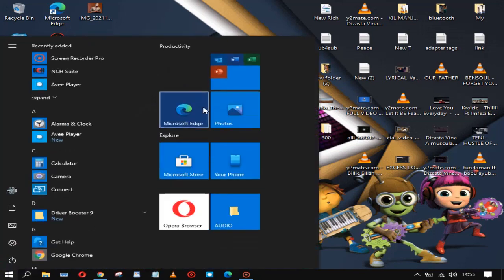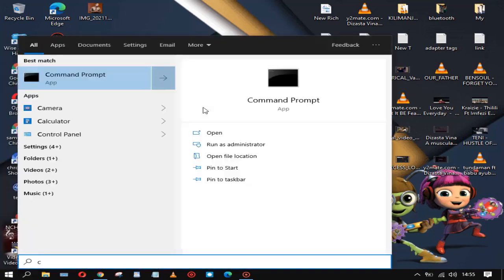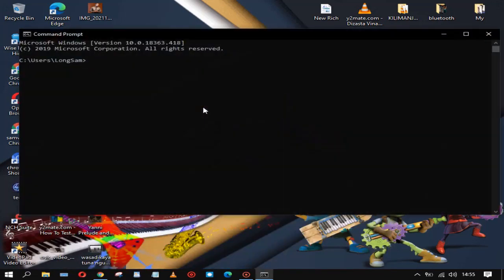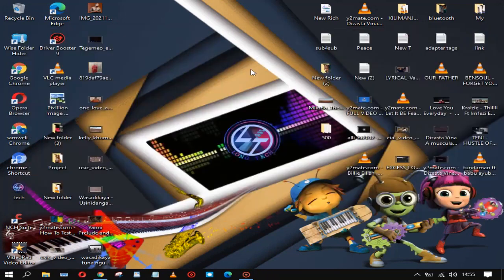First of all, go to CMD and type Git, then press enter. You see there is no Git on my computer. So close CMD,